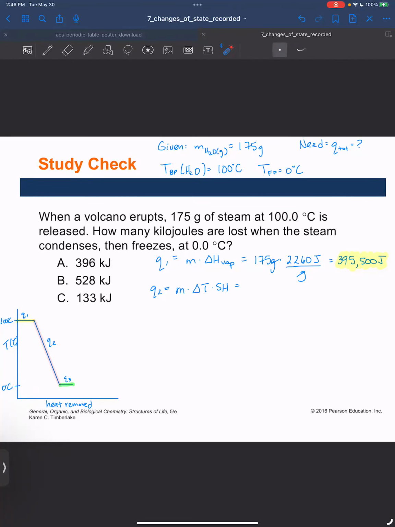And so in that case here, delta T is equal to T final minus T initial. So that's 0 degrees Celsius minus 100. And you might be like, what? That is negative 100 degrees Celsius. But go ahead. The negative just means heat energy is removed. So it's okay to make this a positive value because that's how we're going to work with heat energies in